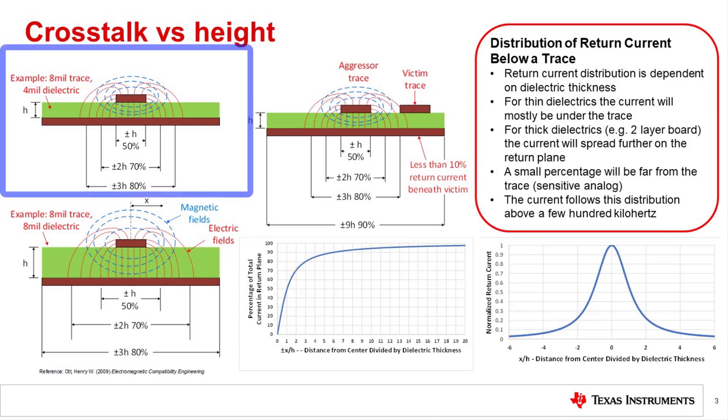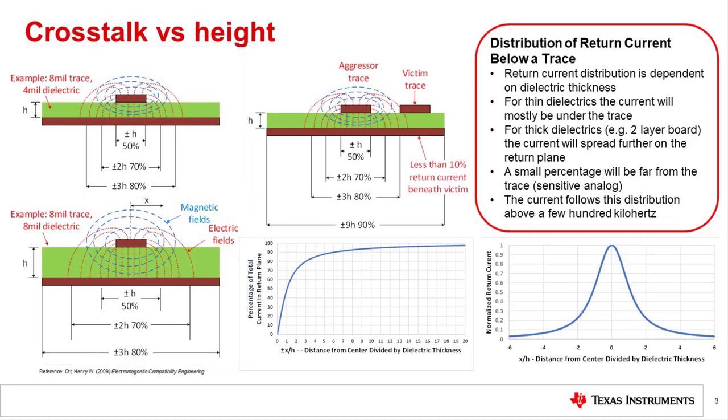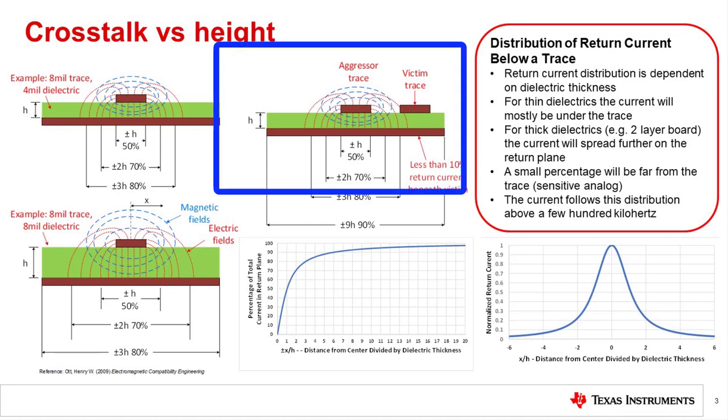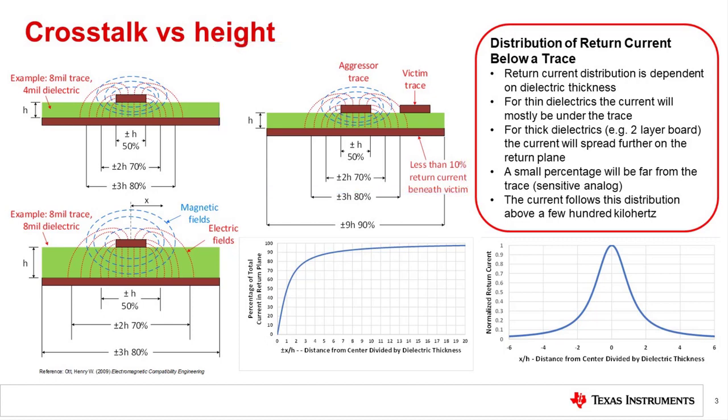The PCB examples show the electric field for an 8 mil trace with a 4 mil dielectric and an 8 mil dielectric. These figures emphasize how changing the dielectric thickness or height causes the electric field and the associated return currents to spread out. Finally, the PCB example in the center shows how crosstalk can occur when the field from one trace overlaps the other trace. Based on the current distribution, you may adjust your trace spacing to minimize the overlap of return currents. In reality, the crosstalk is a function of both trace length as well as the spacing between the traces. So trace separation is more important for long parallel traces than it is for short traces.